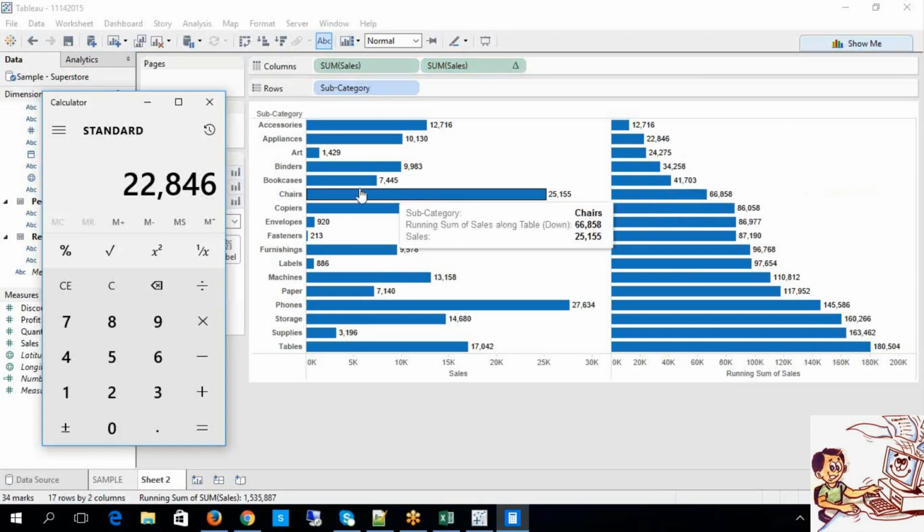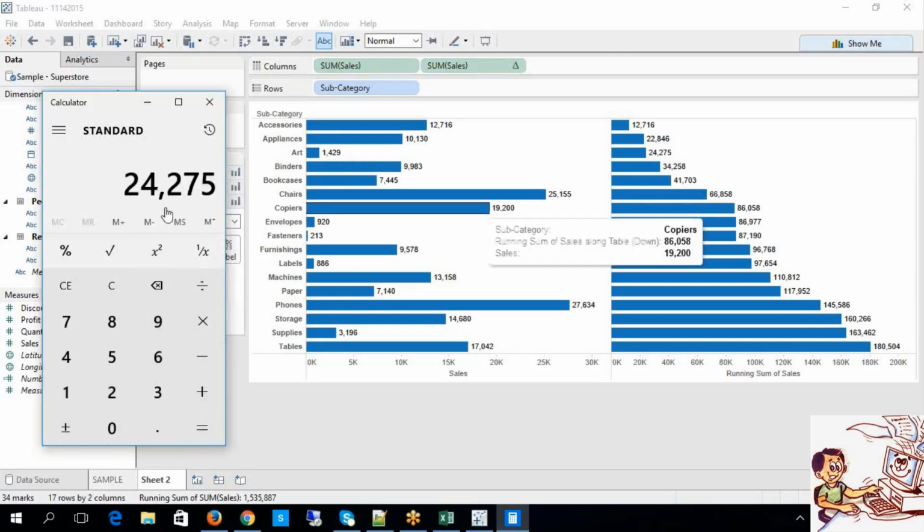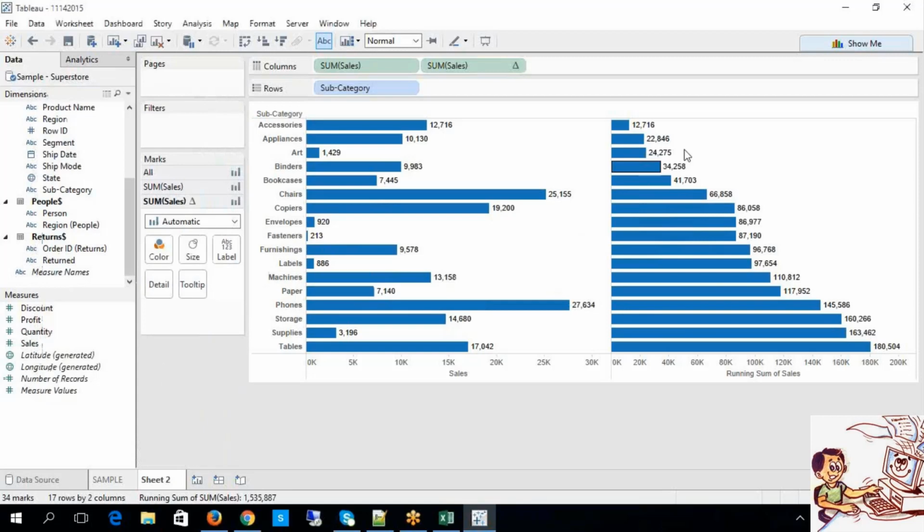Plus 1429. What is the value? 24275. Look at this. So what is happening here? The running sum of sales, like an accumulation, is happening across the measure of sales over here, and this is the final value.